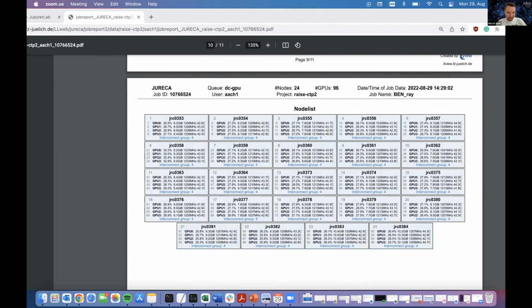But here you can see for each job, for example, your GPU utilization in a live fashion. You see here I only have roughly 30% GPU utilization, but across every GPU. If some GPU has 0% utilization, that usually means that there's something wrong.